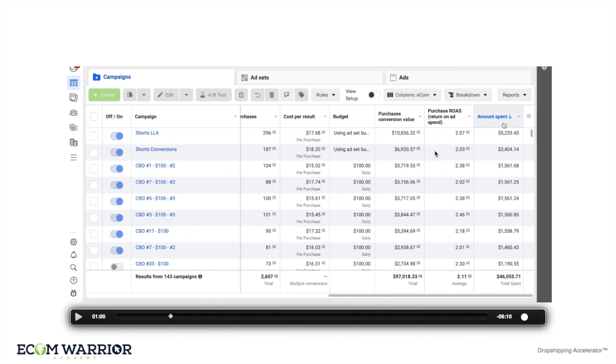Again, these two aren't correct. They should be a bit higher. And now this one here does say shorts conversions and shorts LLA. The reason for that is because I was testing shorter length video ads, and they tend to work quite well. So these video ads here were around 30 to 40 seconds long maximum, and for this product that tend to